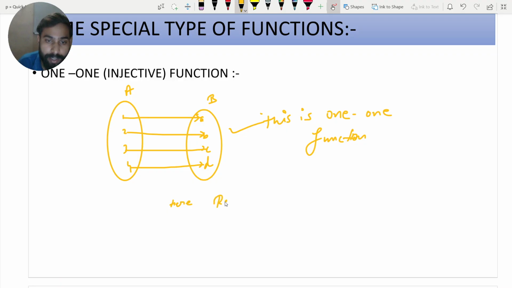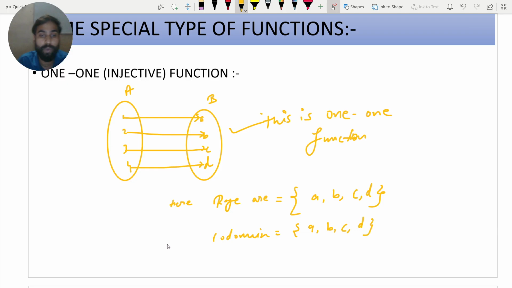The range is A, B, C, D, and the codomain is A, B, C, D.